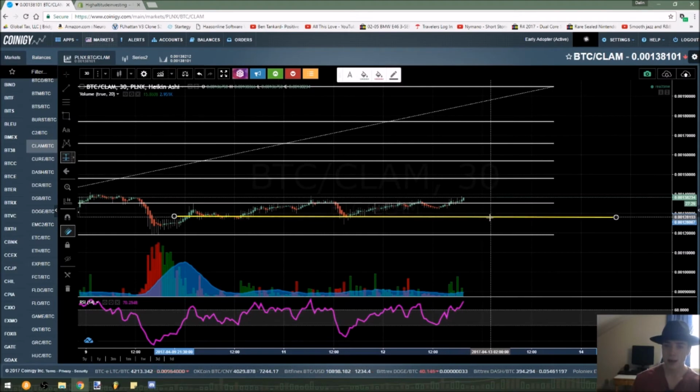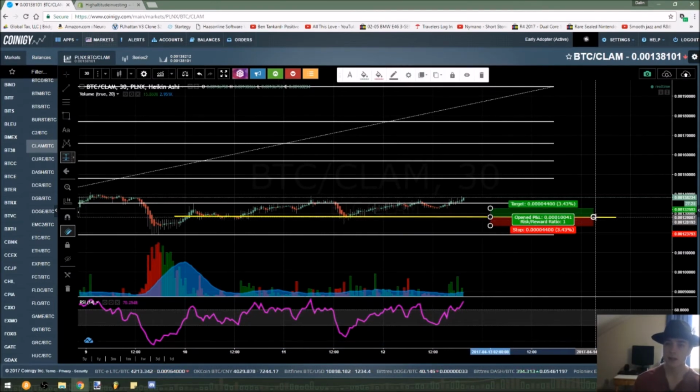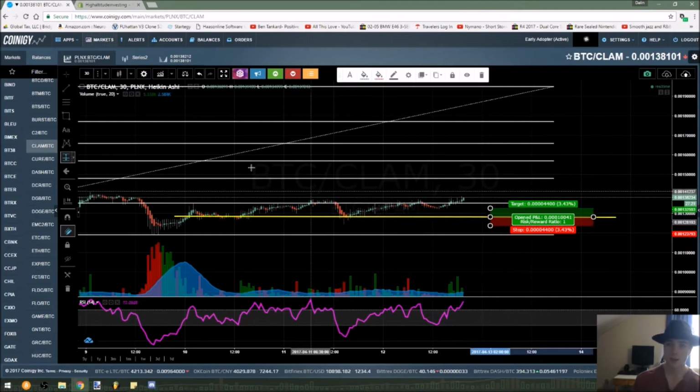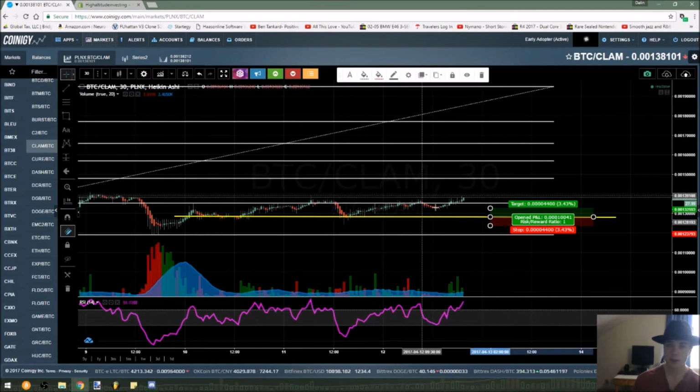Then I'm going to click right here. This right here is my center, so the center of the thing is our entry. And then I'm going to click on my crosshair here. Let's say I'm willing to take profits at, I don't know, 40% of the trade. Do you see our target right here on this